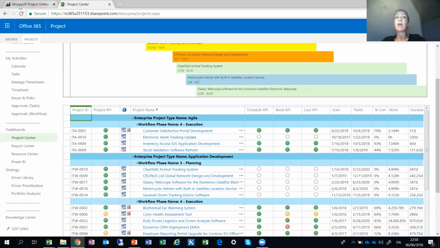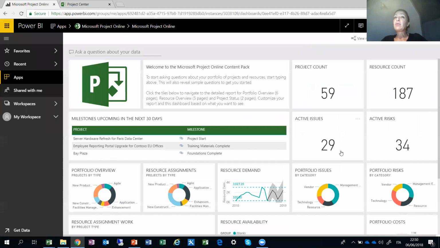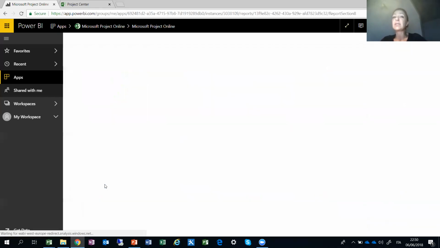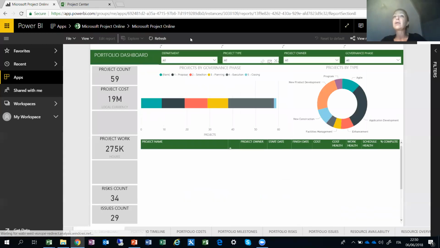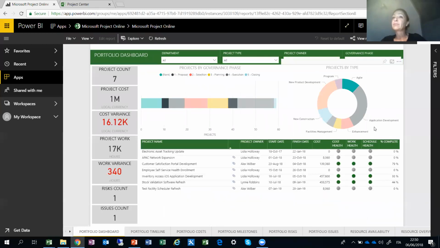Let's go check our BI. I will be working with the current Microsoft standard package. This is actually the Project Online Content Pack delivered by Microsoft through Power BI application. And if I go to our portfolio overview, as you can see, I can go and select only the Agile projects. And the system shows us the projects that were listed in our project center. Of course, our new one is not yet present in the list just because synchronization in Power BI hasn't been triggered yet. And in here, we can analyze dates, cost,